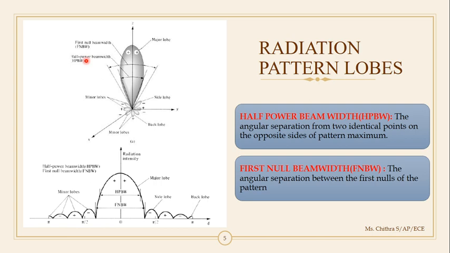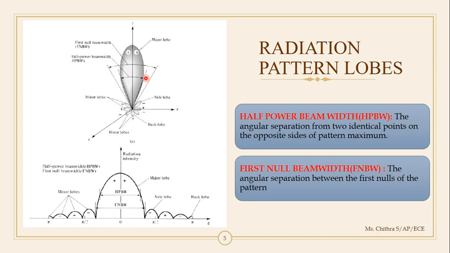Half power beam width means from the peak point of the maximum radiation, we are going to move 3 dB along the antenna, or it is 50% less power than the maximum power. We can take it either way. So when I move 3 dB from the peak point, we reach 2 points. We reach this point here and we reach this point here. The angular separation between these 2 points is called the half power beam width, and if you measure the power at these 2 points, it will be 50% of the maximum power, right?